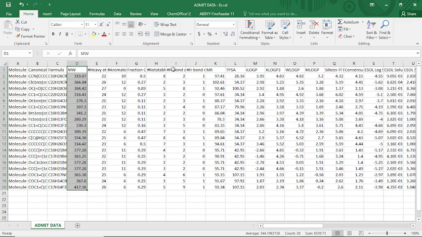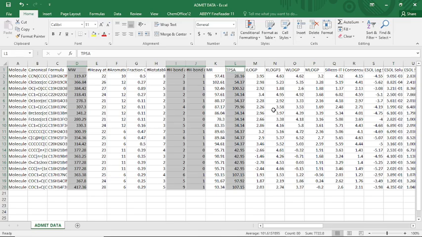We consider the number of hydrogen bond acceptors. You can do it with me. We consider the number of hydrogen bond donors. We can consider the TPSA, then the SlogP for solubility. Now, these five